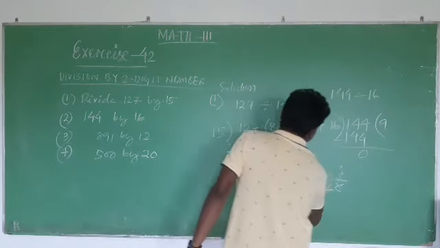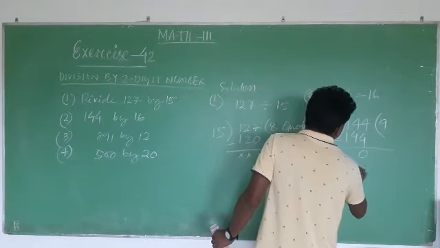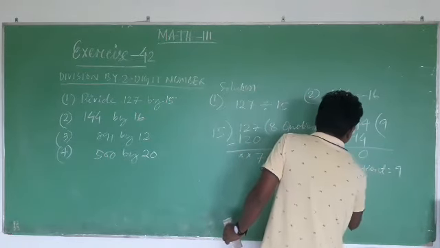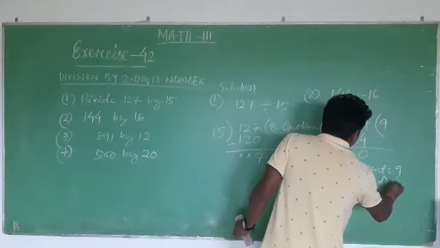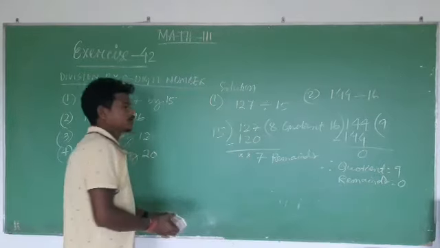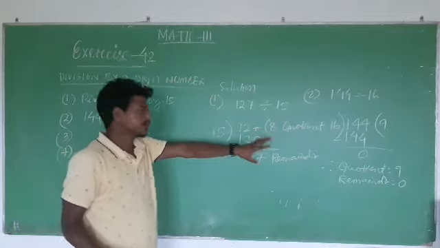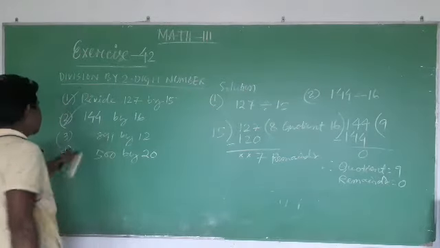Right? So here also you can write that hence quotient equal to 9, remainder is equal to 0. Right? And that is all you need to write after doing the division. Okay? Question number 1, question number 2 completed. Question number 3,